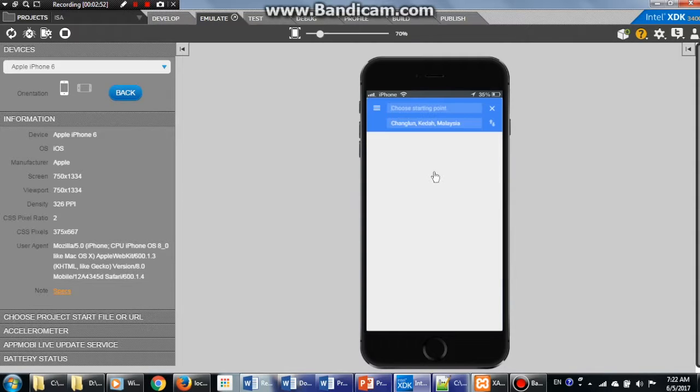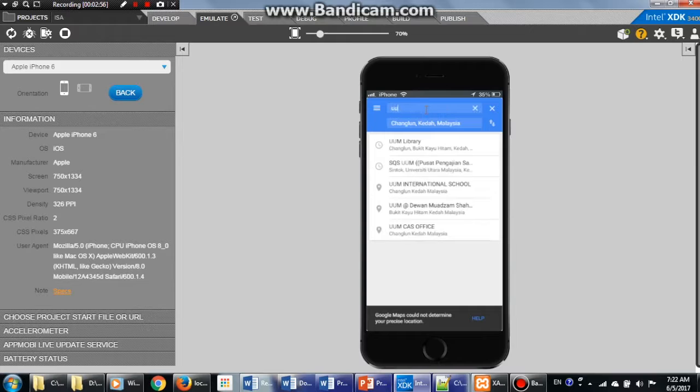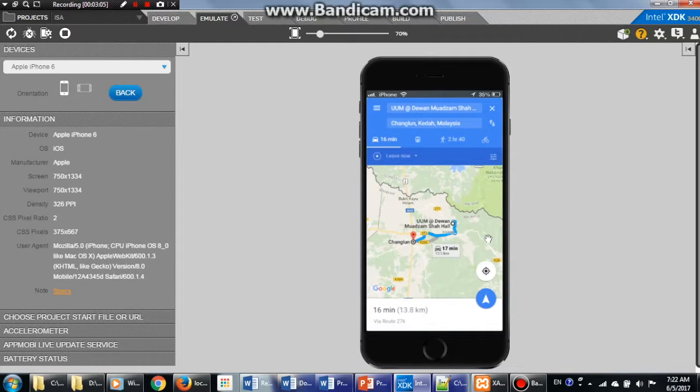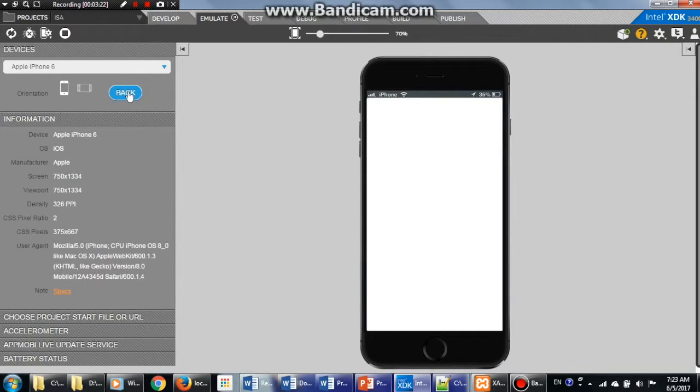Then we can click here, so you can put your current location where you are, for example, you are from Muzdamsha, you are from here, so it will show you the distance. Basically, we all know Google Maps, and here there is no back button, because for Google Maps usually the mobile will work. So here I'm using this back button to go back from here,